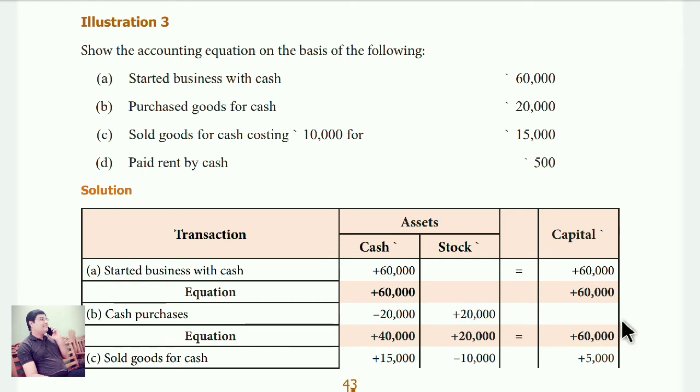So both assets and liabilities are equal. For each and every transaction you have to check that both the assets and liabilities are equal. Now see the B,